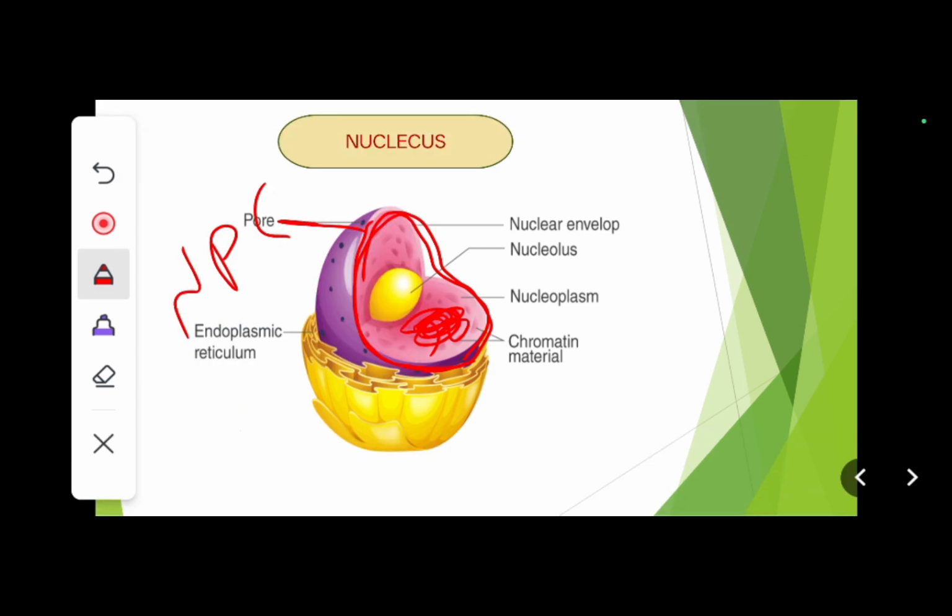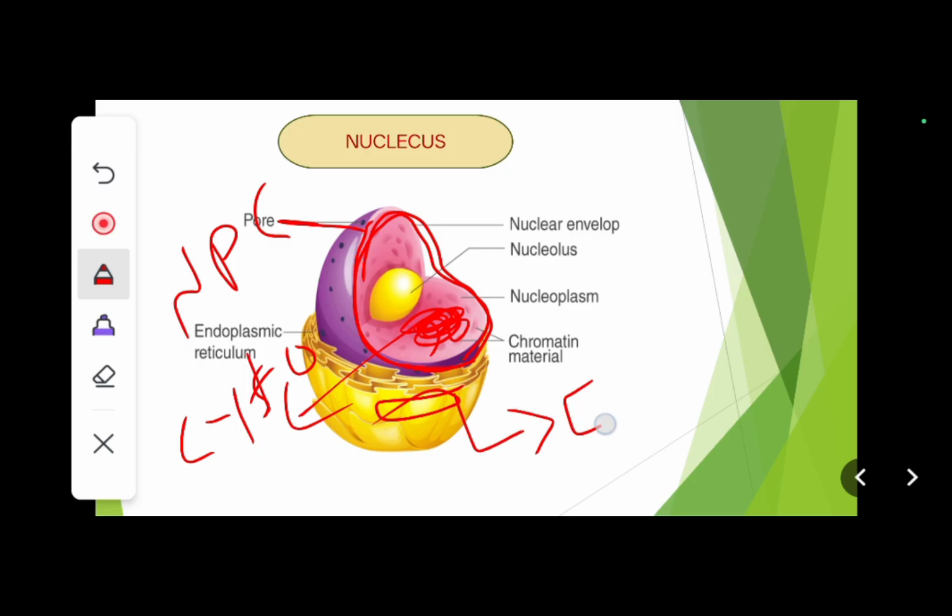What is the nuclear pore complex? It is a small hole through which mRNA is transported from the nucleoplasm to the cytoplasm. Outside this region is known as the cytoplasm. From the nucleoplasm to the cytoplasm, all the transportation occurs through the pore known as the nuclear pore complex. And this yellow part which you are looking at is known as the